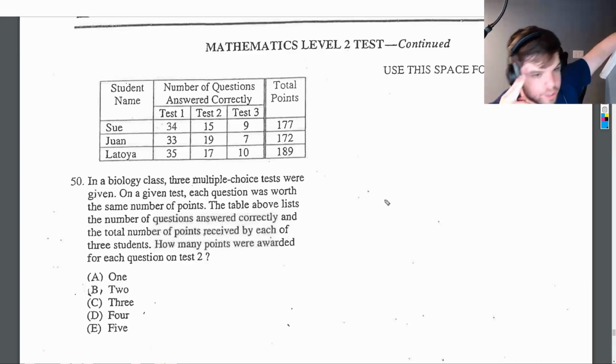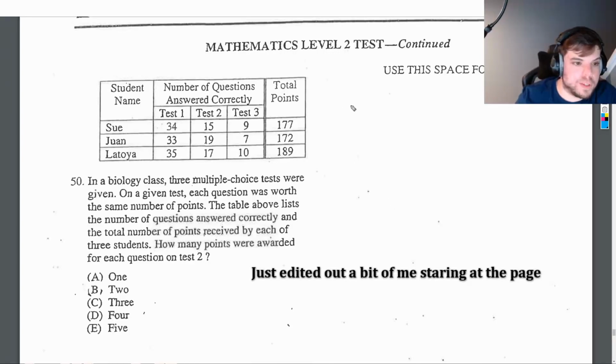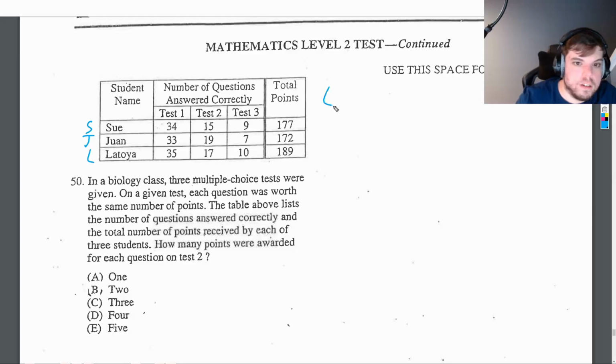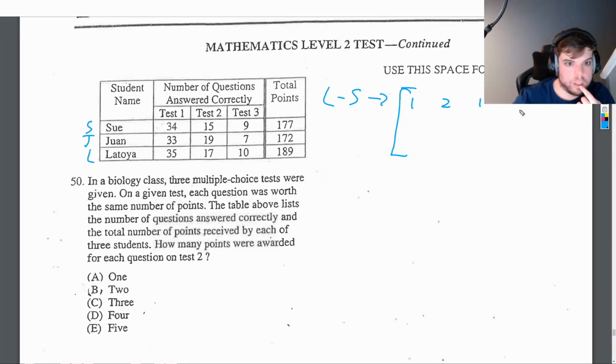Oh, we're going on 3 hours. Darn it. Maybe I can make an easier 3-variable system. Maybe this is going to be what I do. So let's say we're going to call this L, J, and S. We're going to consider L minus S. So we're going to make a matrix. L minus S is 1, 2, 1,